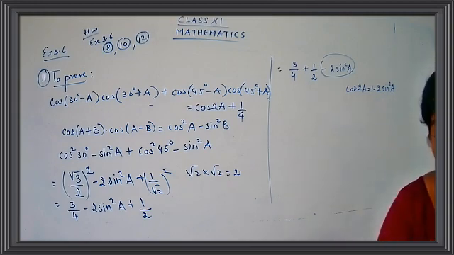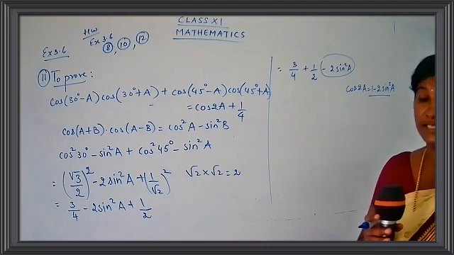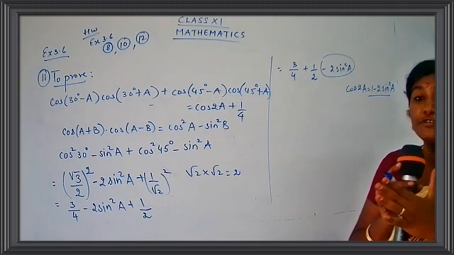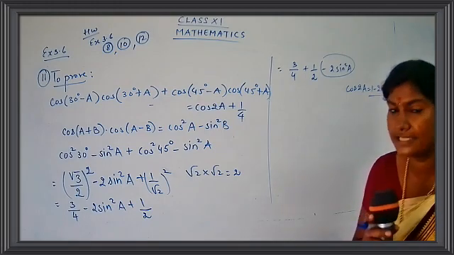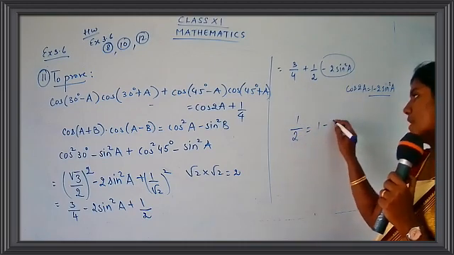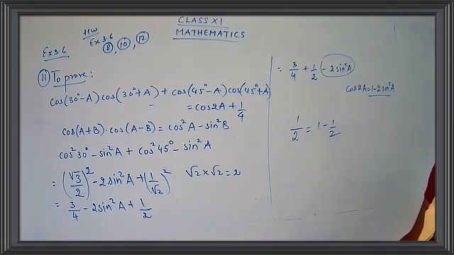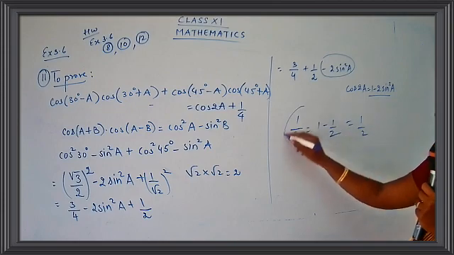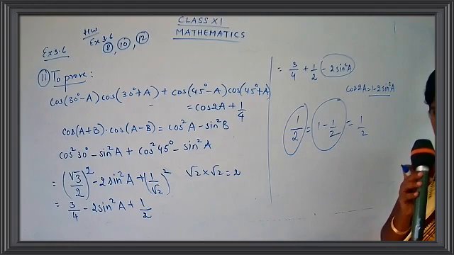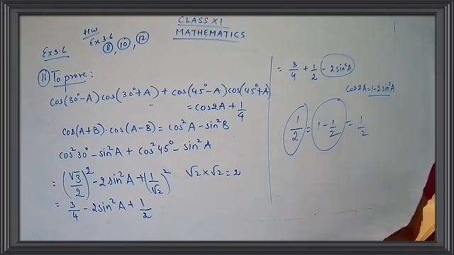Okay. So what I am going to do is, I need 1 minus 2 sine square A, but here half minus 2 sine square A is present. So I am just going to split half. How am I going to write half? I am going to write half as 1 minus half. See, half is written as 1 minus half. Okay children? Clear? What is the value for 1 minus half? 1 minus half is half. So you can write this half as 1 minus half. If you remove half from 1, what is left there? Half is left. So getting my point?